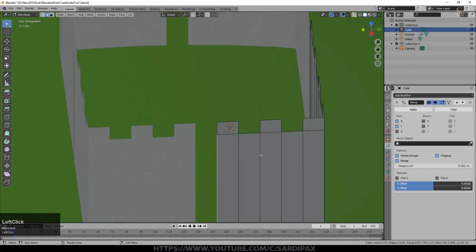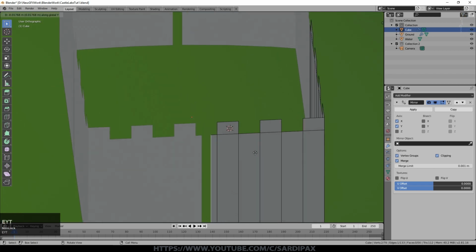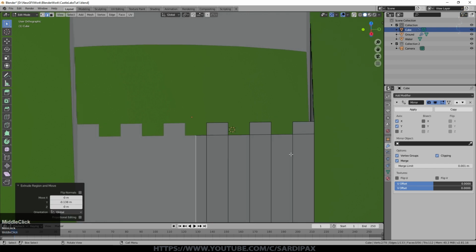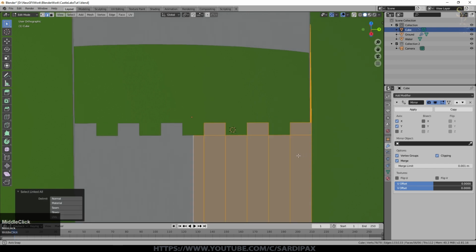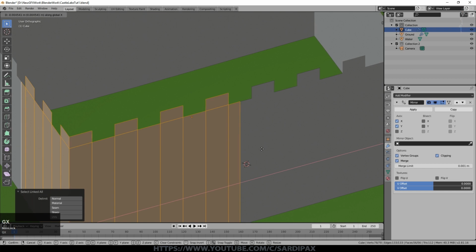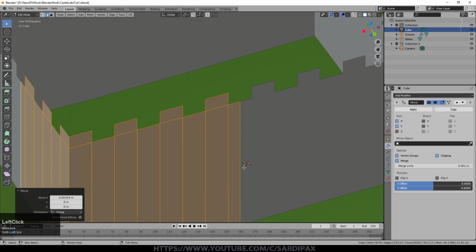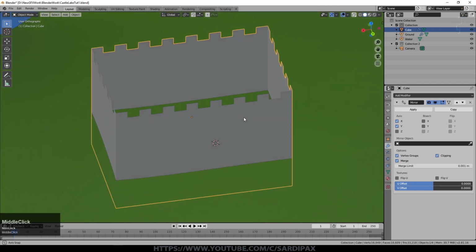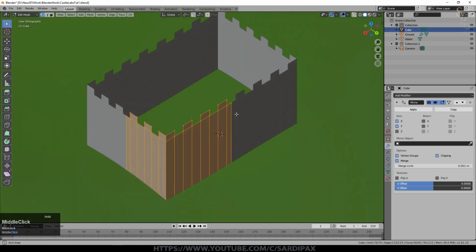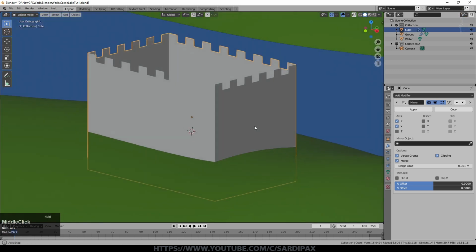And the same here, E Y this time. But I think that one's about right. So Control L to select them all, and now G X just to join them up. And you can see because I've got clipping on, it just stops at that point. Nothing strange happens with the vertices. We go to vertex view, there it is. So we've got our basic outline of our castle there.